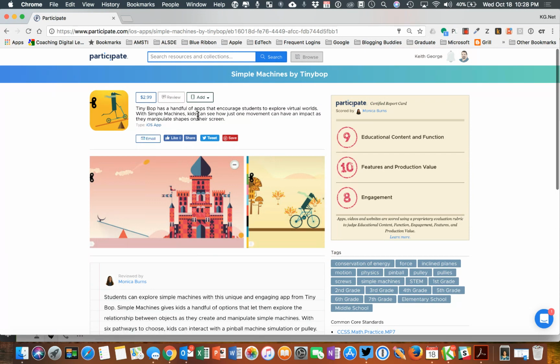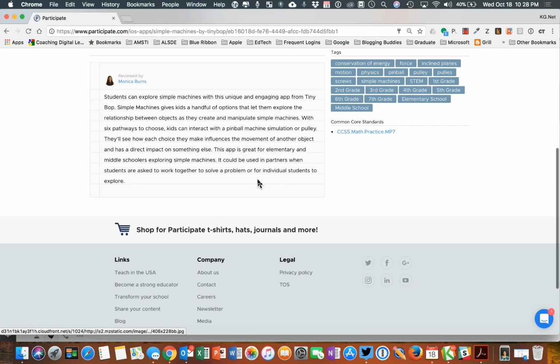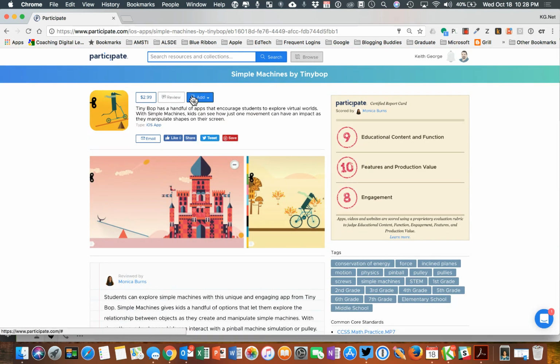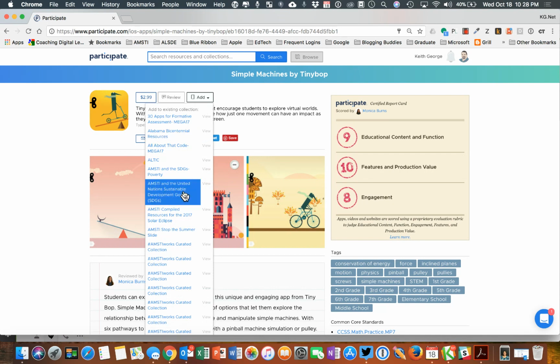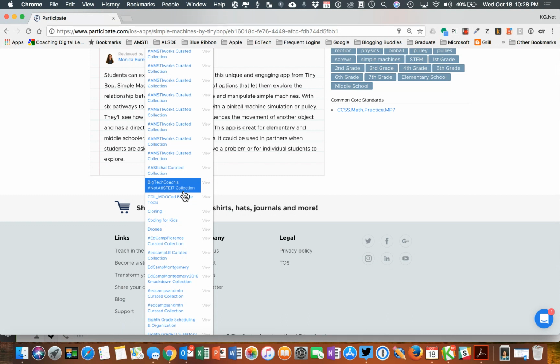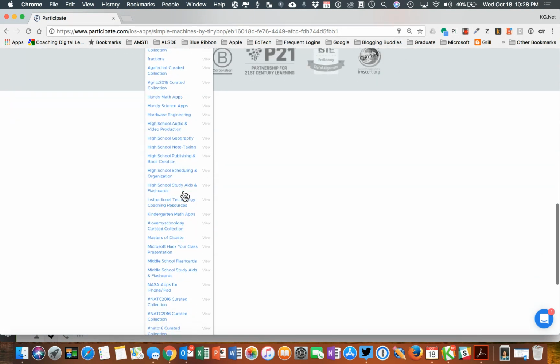It has a description here. If I look at this and decide that this is something that will work great in my collection, I can come up here to the Add button, click it, and I actually have quite a few collections. I've been using Participate for a while, but I can come down to, in this case,